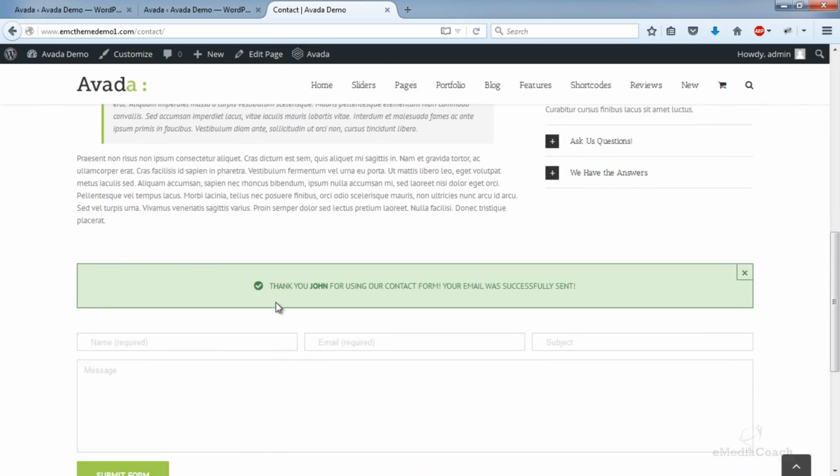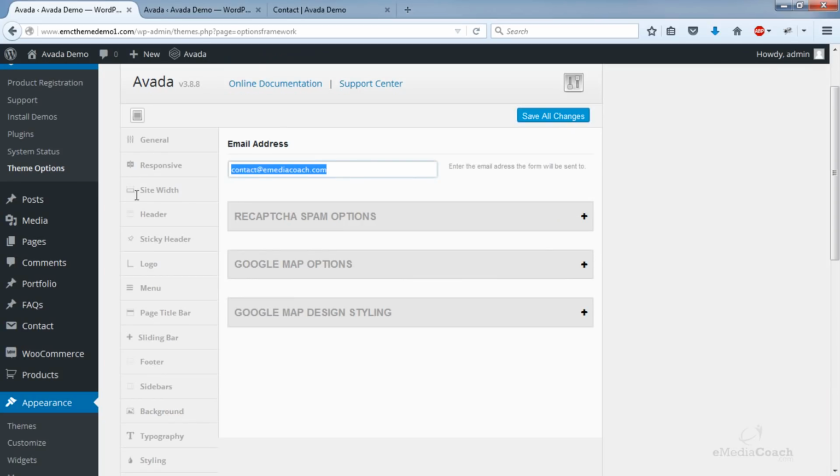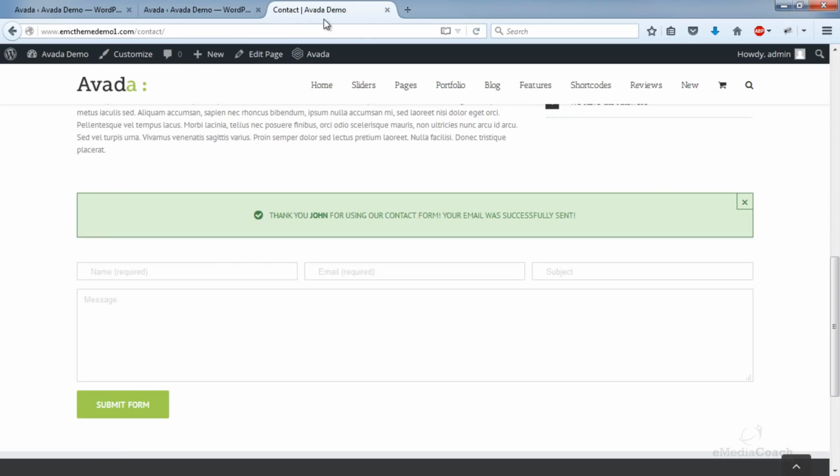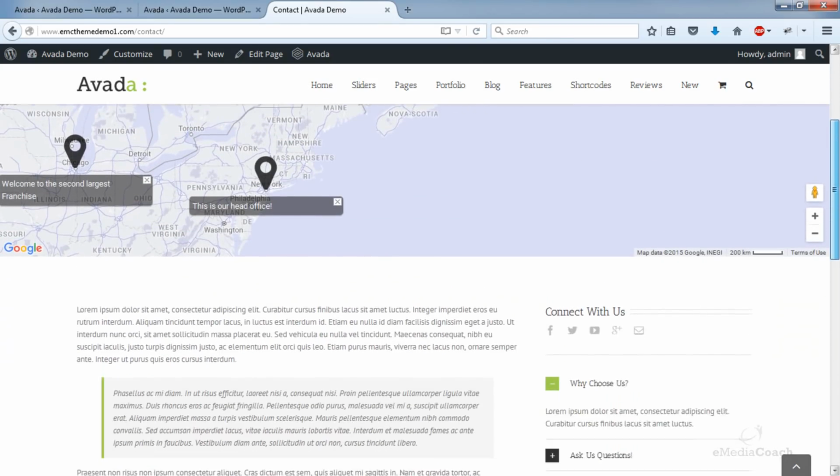And there you go, there's a notification for the successfully sent email. Now if you log into your email address, if you've put your correct email address in that setting there, you'll receive that in your inbox and be able to reply to your customer instantly. So there you go, that's an easy way to set up a lovely looking contact page on your website. Let me know if you have any questions about that.